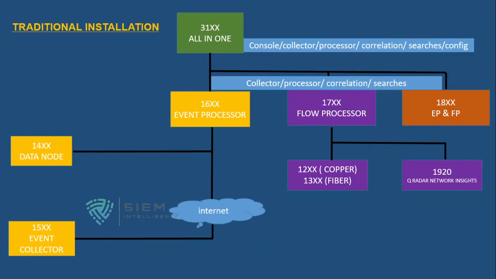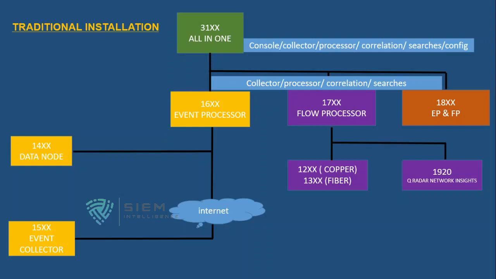So you can keep 16xx here also, 16xx here also, and send it to one main, that is, the primary event processor, and the others will be slaves. So you first collect the logs from various locations. Maybe you place an event processor in Canada and one in the US, from where you send the entire logs of your network to India.